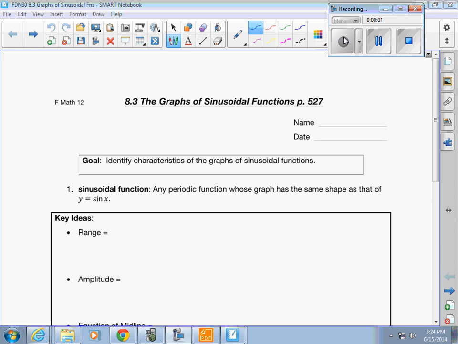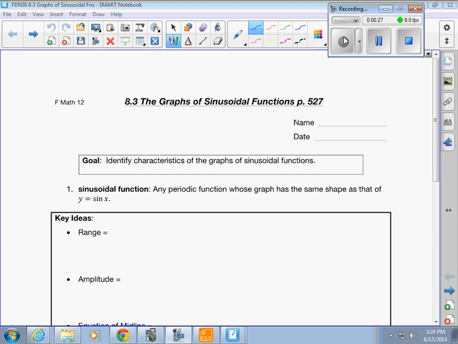8.3 is the graphs of sinusoidal functions. Now you might remember me saying along the way that a sine graph and a cosine graph are the exact same graph. This cos is just a shift of the sine. Sine starts at 0 for just a basic y is equal to sine x, starts at 0 and goes up to 1. Whereas a cos graph, y is equal to cos of theta, or cos x, whichever you want to use,